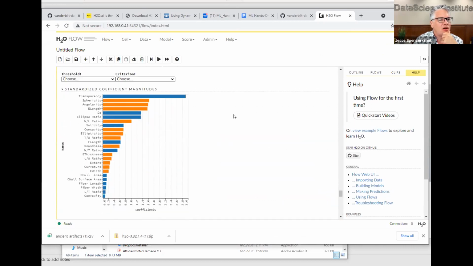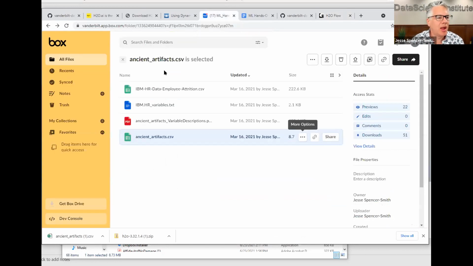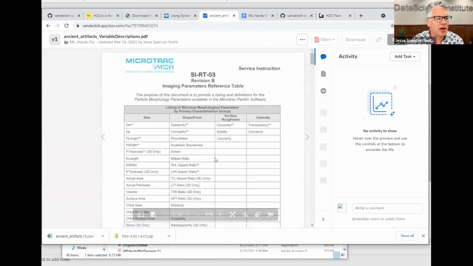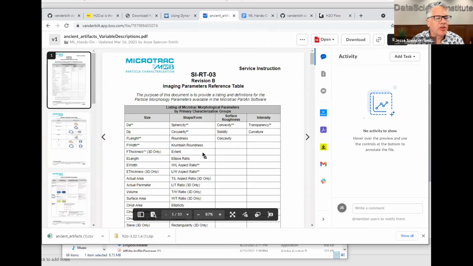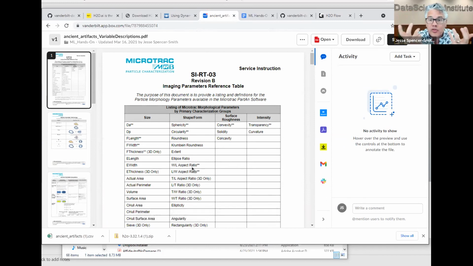First question is, what are the most useful different types of parameters? Remember when we looked at ancient artifacts? When we looked at the micro track, so you might have looked at this. What's most important? If you wanted to tell the difference between the two, all the rooms were saying, well, we have to try out all these different predictors, because we don't know which one is important.